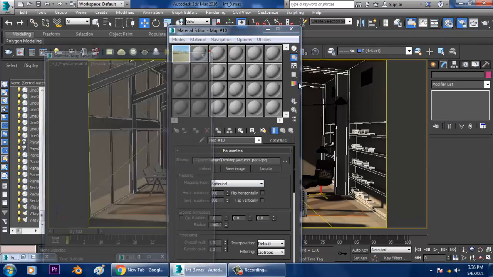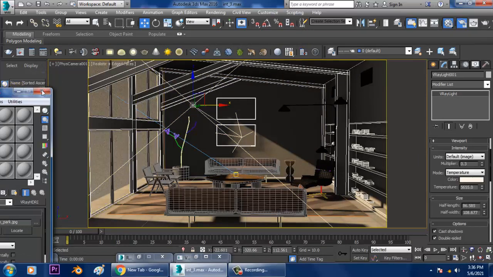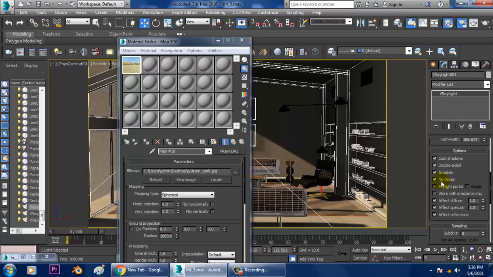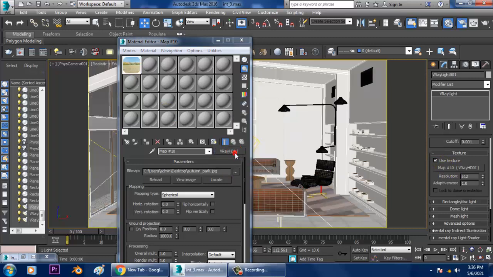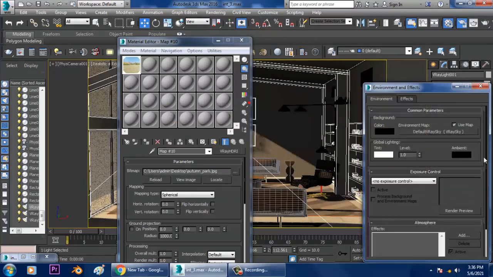So select the light, and I want that this light should cast this. So let's go into this and just drag it over here. Rendering environment, instead of V-Ray sky, I want an HDRI.